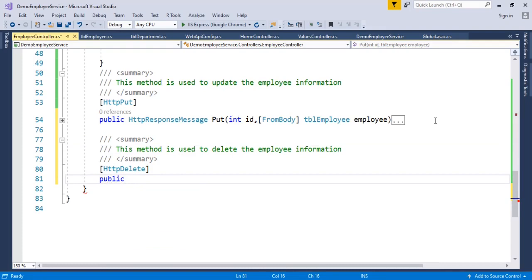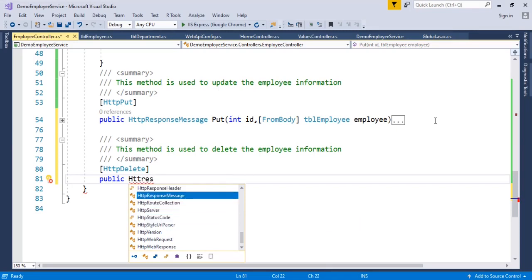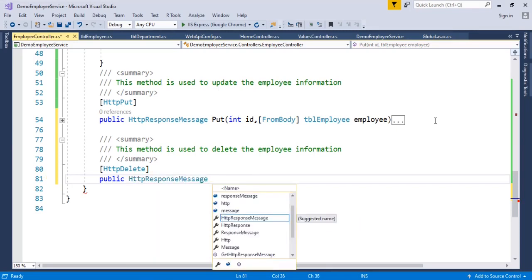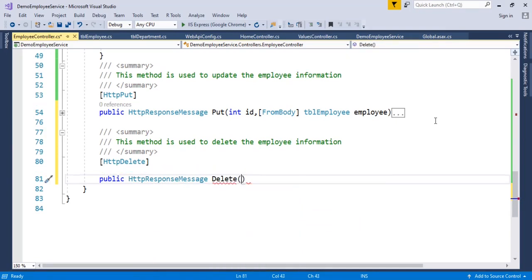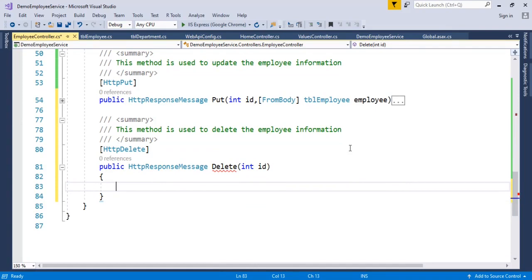So now we are going to return HTTP response message, and delete. For deletion of the employee, just employee ID is enough. So based on the employee ID, we are going to delete the information. This method is used to delete the employee information based on the employee ID.